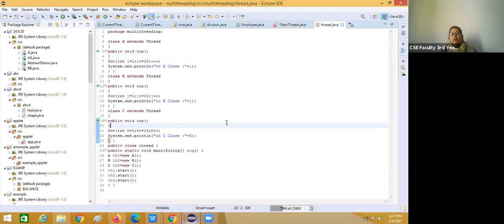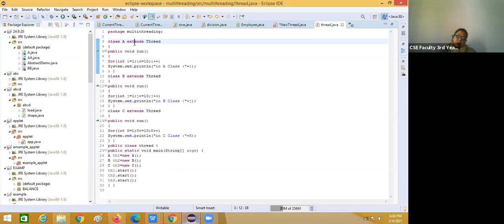A thread can be created by using two methods. Here it is shown by extending Thread. You can also create a thread by implementing Runnable. So there are two ways of creating a thread: one is by implementing, another is by extending.